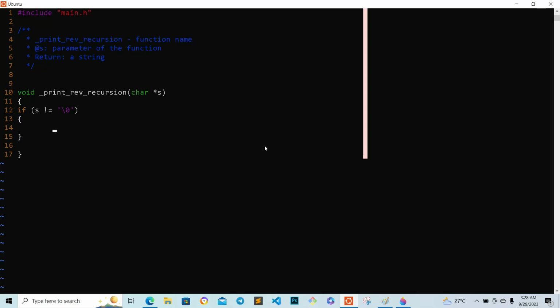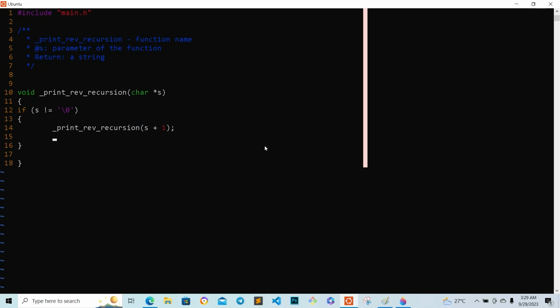It should go ahead and first call the function, which is print, all right, and then let's pass the parameter, which is s plus 1. So s plus 1,